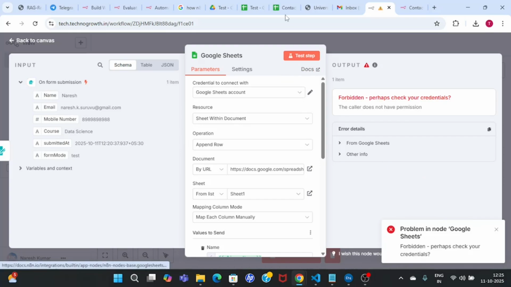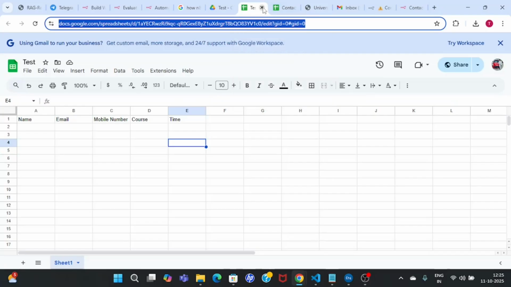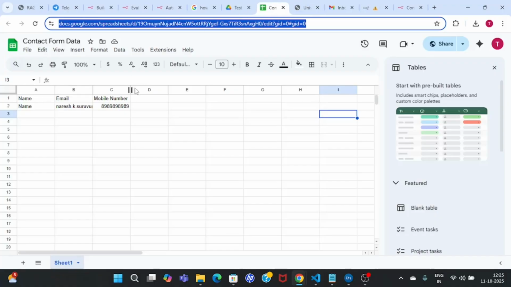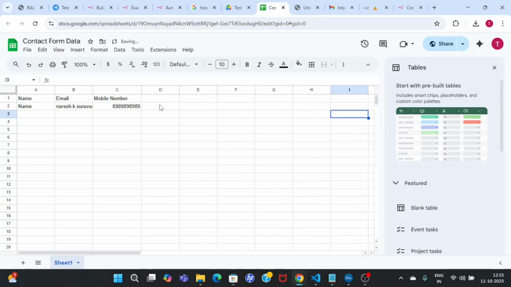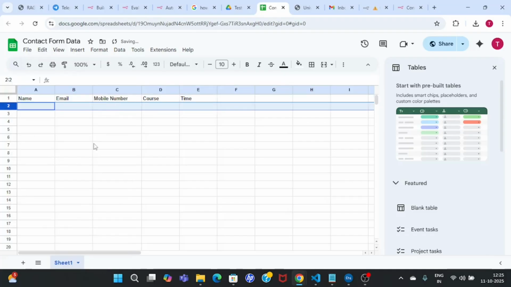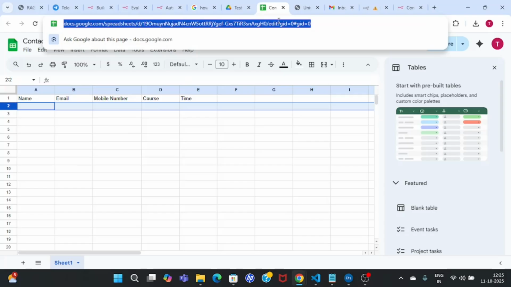There is some error. Let me do one thing. I think this is not my form. My form is this one. Let me do one thing. Let me add course as well as time. Now I'll delete this row. I was testing something, so let me delete this row. So this is my sheet. Now this is my URL. Copy it,